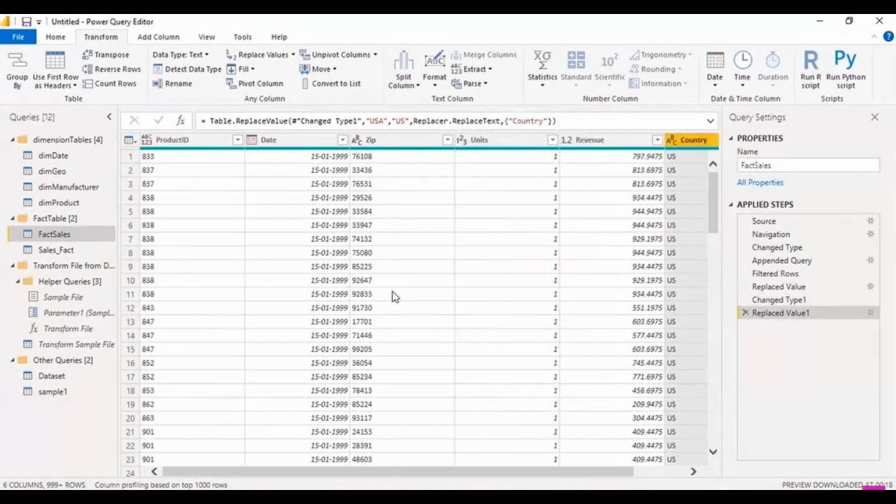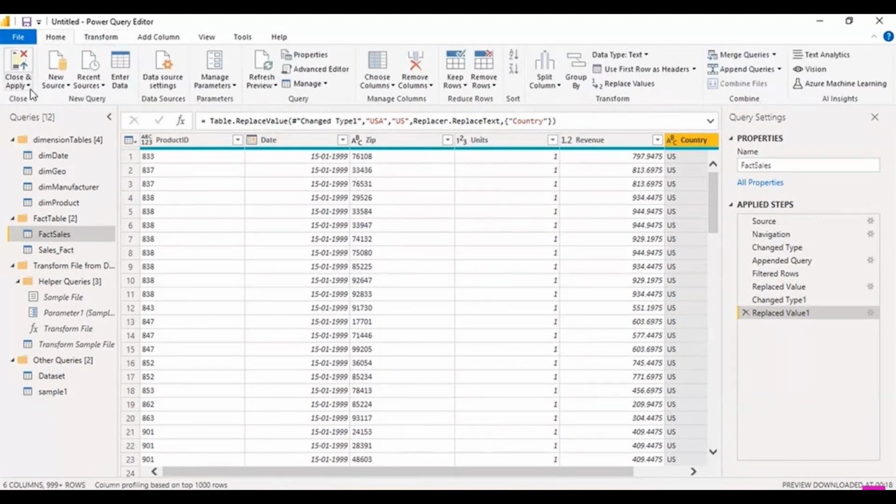That looks okay. So now we can go here and click on close and apply, so that we can load these changes into the Power BI data set and start creating the reports. Once you are done with all this, click on close and apply and load the data set. But before that, in the remaining part of the video, we'll talk about one more very important point